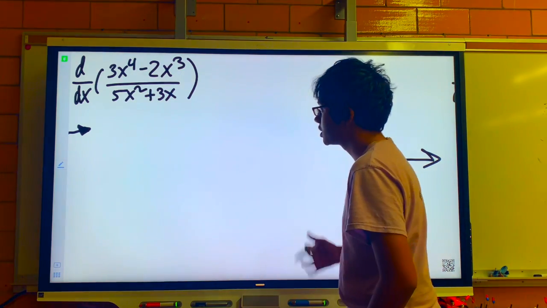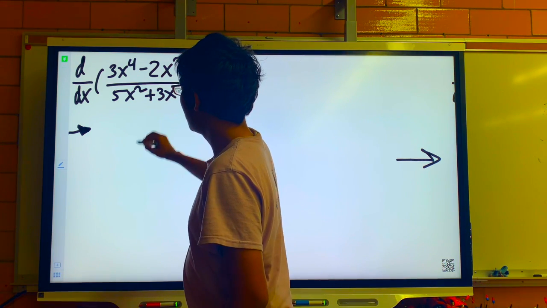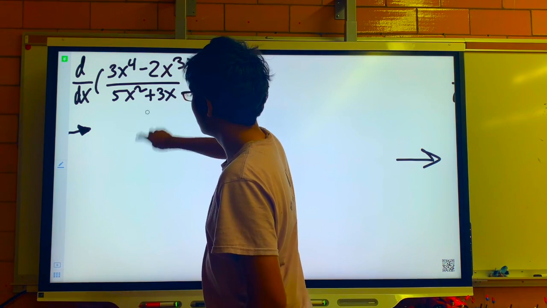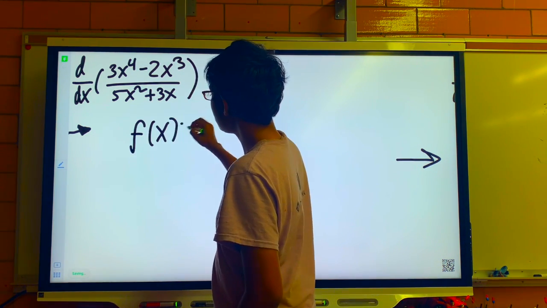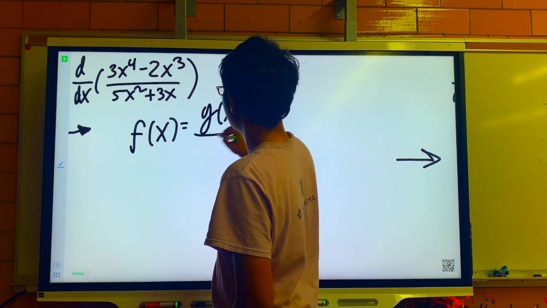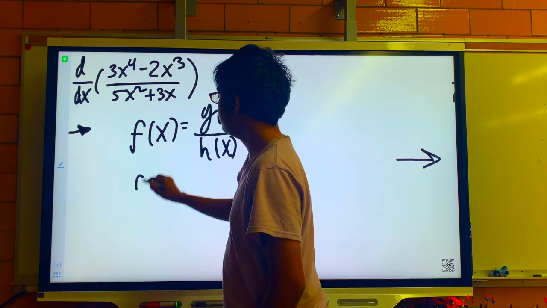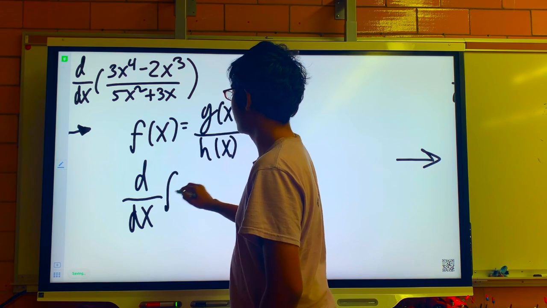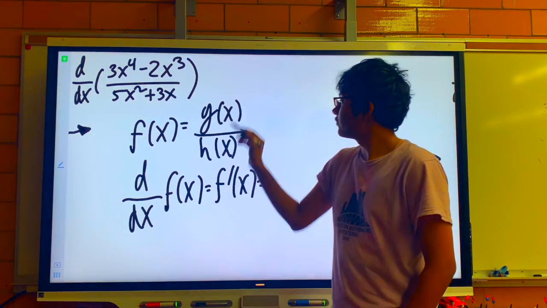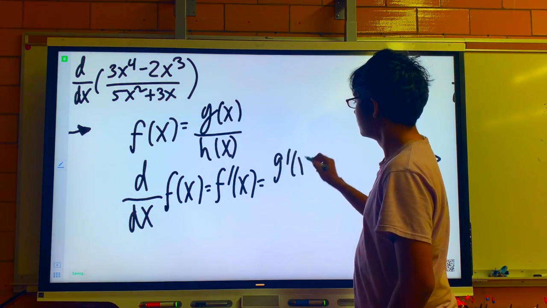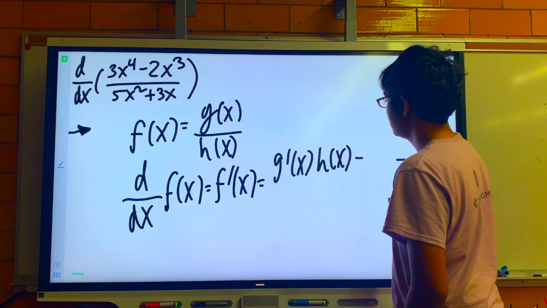Now, if you recall the quotient rule, whose proof I covered in the previous video, the quotient rule states that if I have a function f of x, which is the quotient of the function g of x and h of x, then the derivative of my function, which will be denoted as f prime of x, will be the derivative of my top function g of x times my bottom function